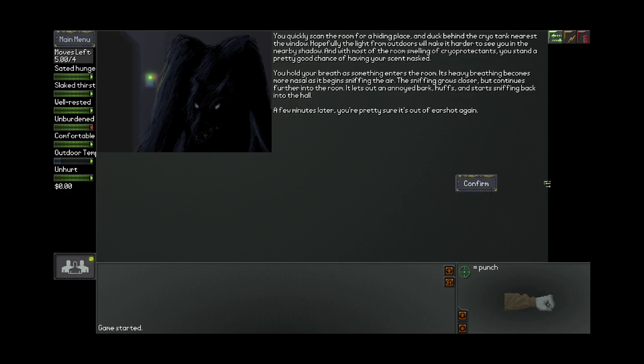You quickly scan the room for a hiding place and duck behind the cryo tank nearest the window. Hopefully the light from outdoors will make it harder to see you in the nearby shadow. And with most of the room smelling of